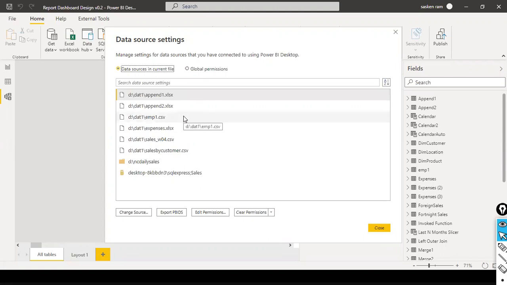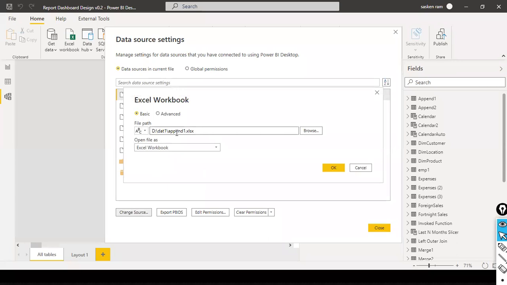In that case, your report will get migrated from your folder to their QA folder. But in the QA folder, they have some created subfolders, so they have dat one underscore QA underscore append one dot XLS. In that case, you need to change the folder name here in order for this report to pick up the QA data. For that, you select this file, manually go and select change source, and then here you need to specify the path. For example, here I have a QA folder